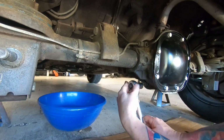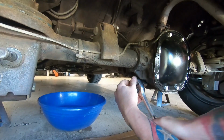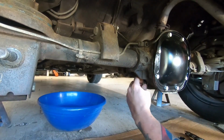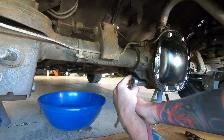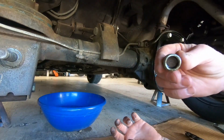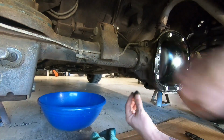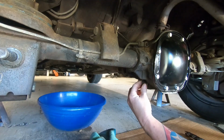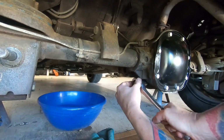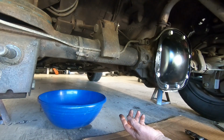So somebody put these in backwards. Don't ask me why. See, no magnet on this one. So we want the magnet on the bottom because that's where the shavings are going to accumulate. Now, let me dump this and get some